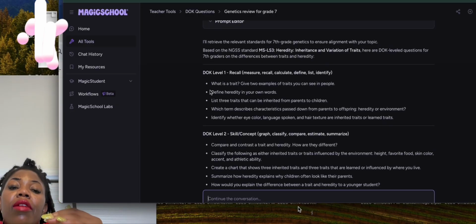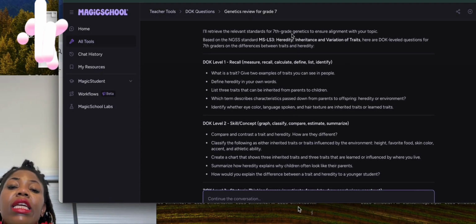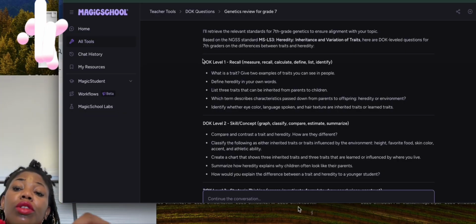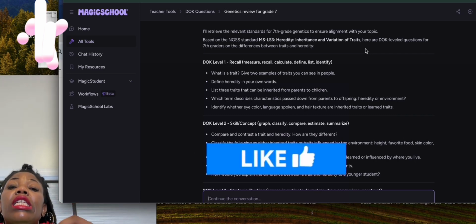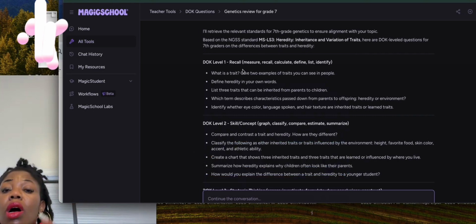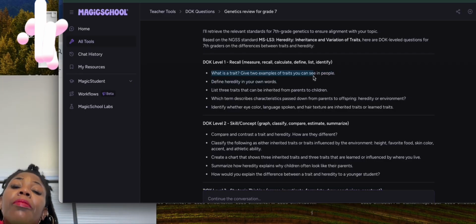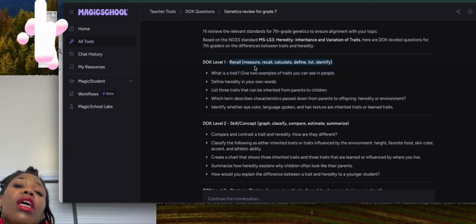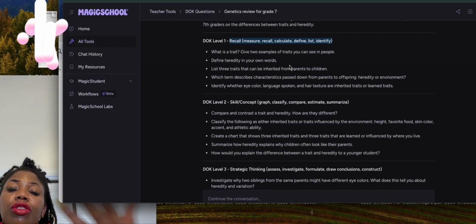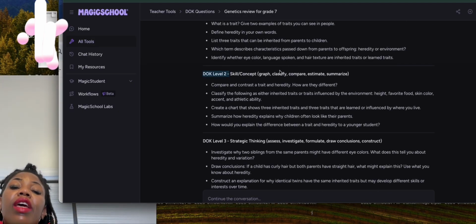We have level 1, which is technically how basic the questions are. When you start a concept or a topic, you want to teach the students the basic vocabulary that they're going to use in order to understand the entire unit or concept. Yes. What is an example of such a recall question? It has to do with definition, like what is a trait? Define a trait. So if they have the definition of a trait, then it's easier for them to answer the second level of questions, like